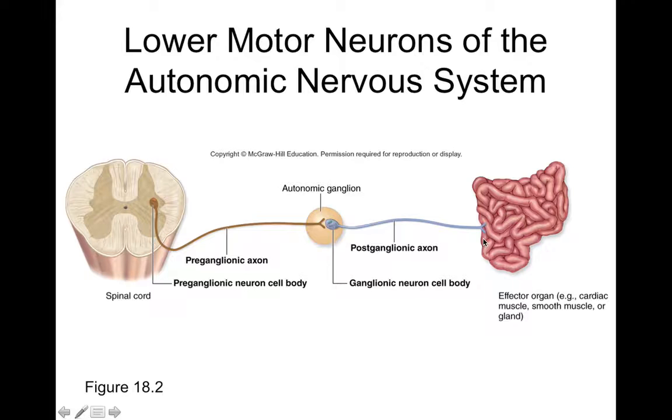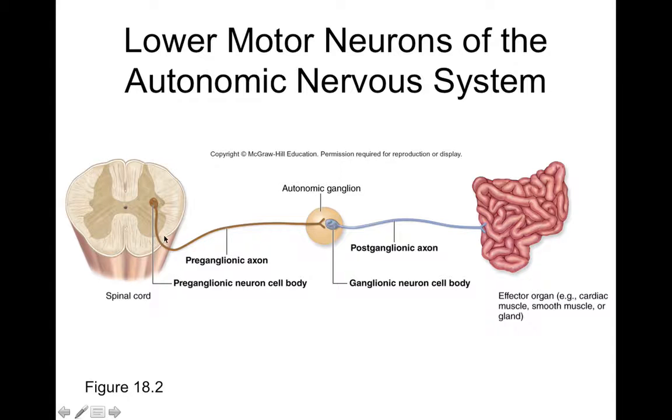What's interesting is that we have different branches of our autonomic nervous system that have opposite, or antagonistic, effects. One branch might connect to the smooth muscle of your gut and cause the smooth muscle to be excited and contract to force food along, right? Another branch might connect to the smooth muscle of your gut and actually prevent muscle contraction, to prevent digestion, because you don't want to always be digesting, nor do you want to never digest. You want to digest when it's appropriate, but not always. So it's controlled by your autonomic nervous system.